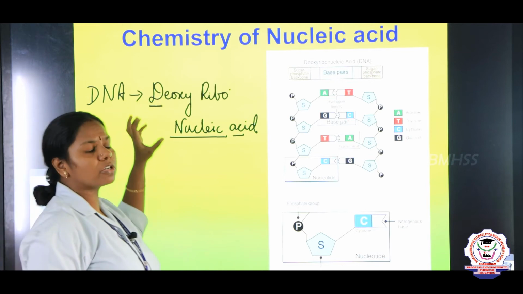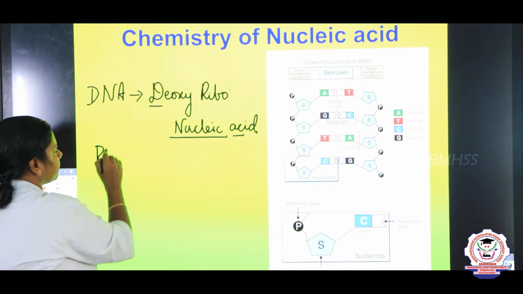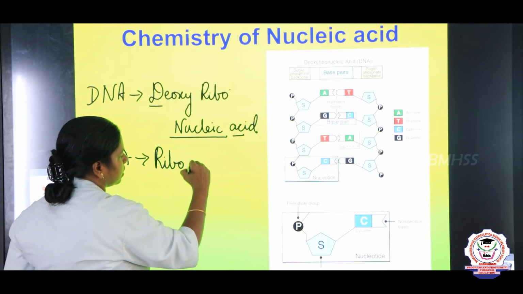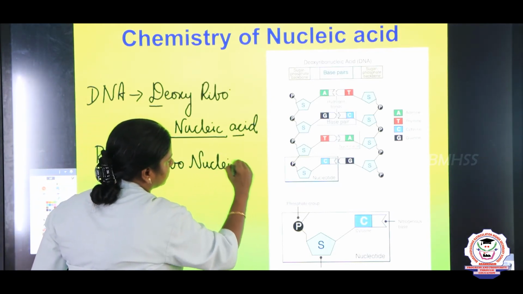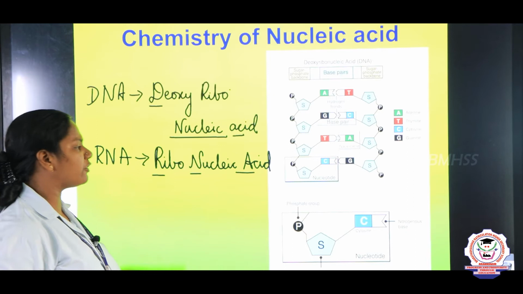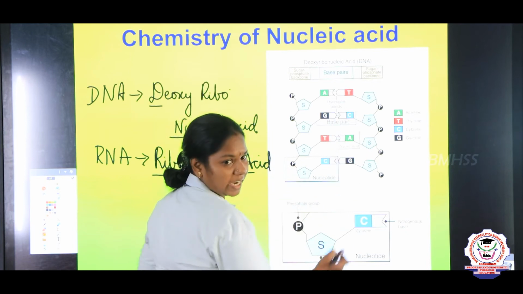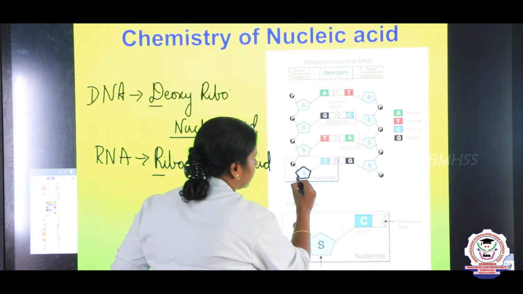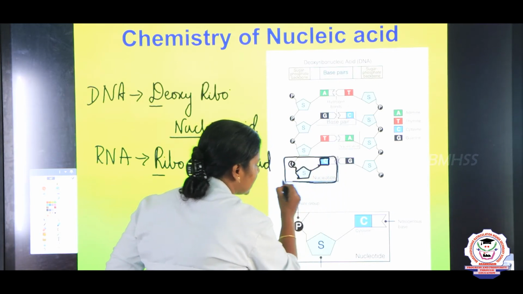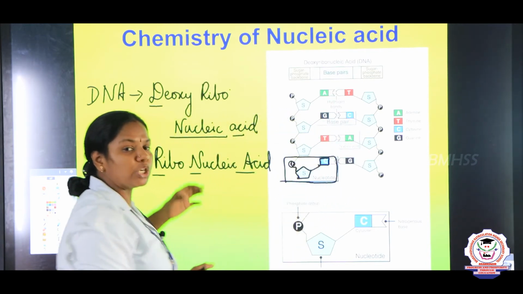And what are all the molecules present inside our DNA, or it may be RNA also. What is the abbreviation of RNA? Ribonucleic acid. So either it may be RNA or DNA, right? It is made up of repeated units called nucleotides. Just look at this, children. It is made up of many molecules, and this is one nucleotide. This structure we call a nucleotide. I will explain what a nucleotide is, and many repeated units of nucleotides make the nucleic acid.